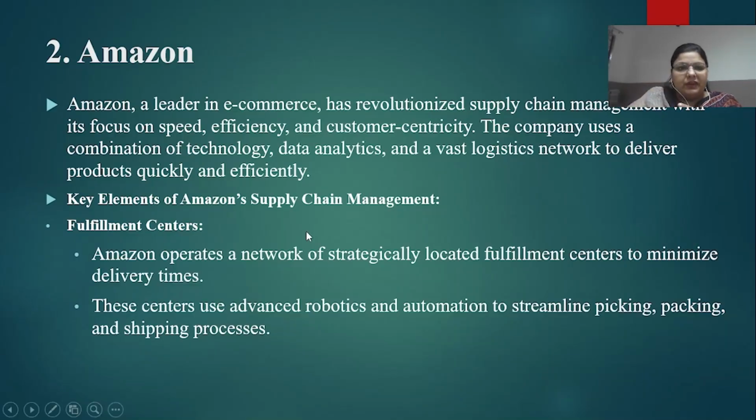So it's a very leading company, and the supply chain of Amazon is very good. If you have ordered a product through Amazon, we can say it is a very reliable kind of e-commerce on which you will get the best products through fast services. So these are the Amazon supply chain elements. Fulfillment centers: Amazon operates a network of strategically located